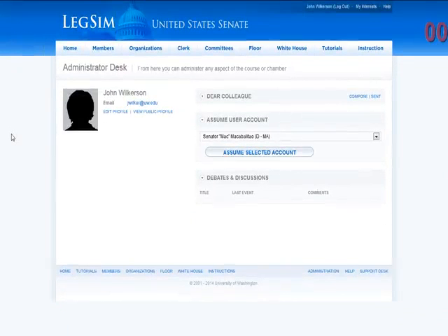This is a brief introduction to LegSim for the class administrator. What I'd like to do is talk about the overall organization of the site and then also about the special features that are available to the teacher/administrator of the simulation. So the first thing I want to draw your attention to is when you log in,